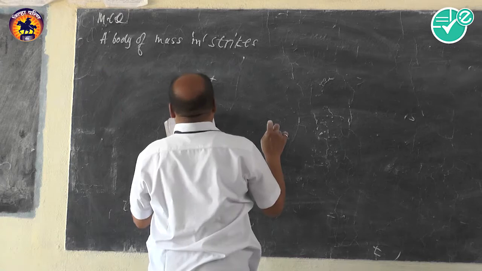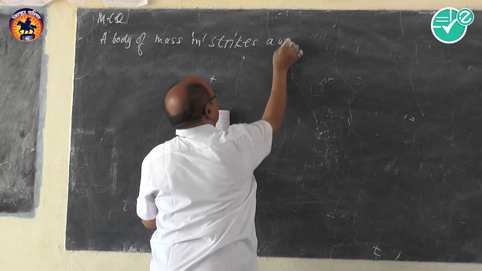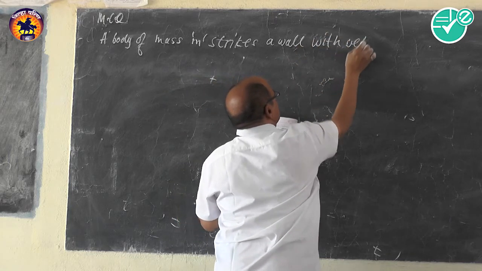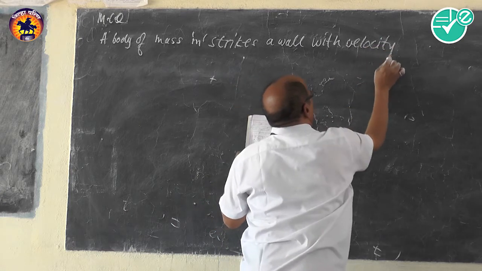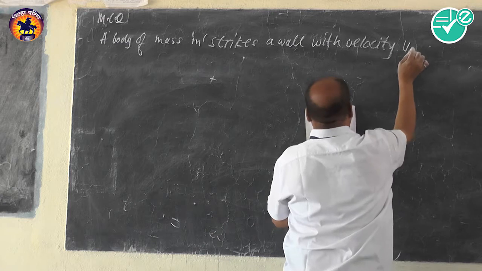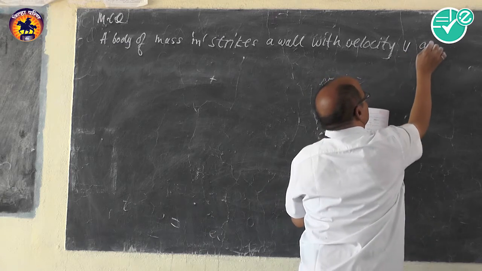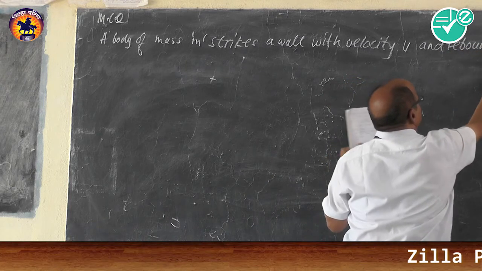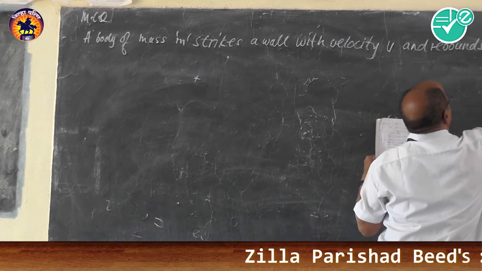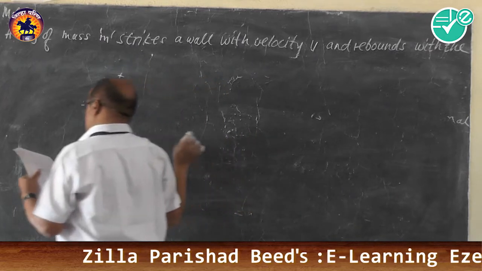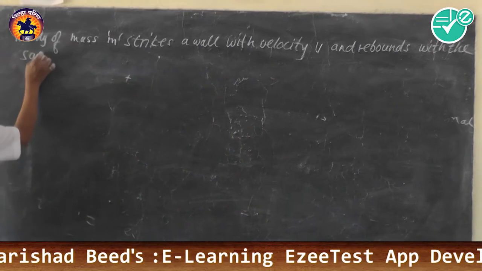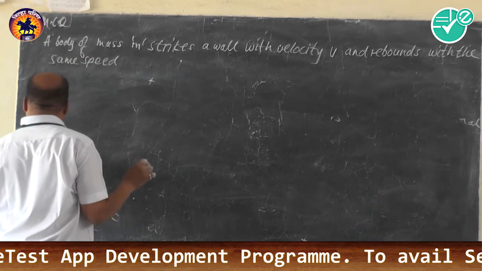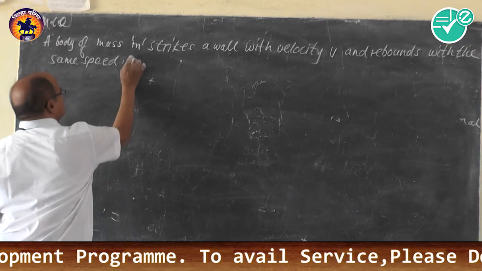A body of mass M strikes a wall with velocity V and rebounds with the same speed. Its change in momentum is